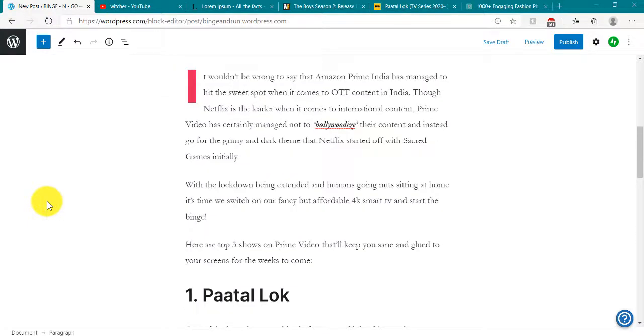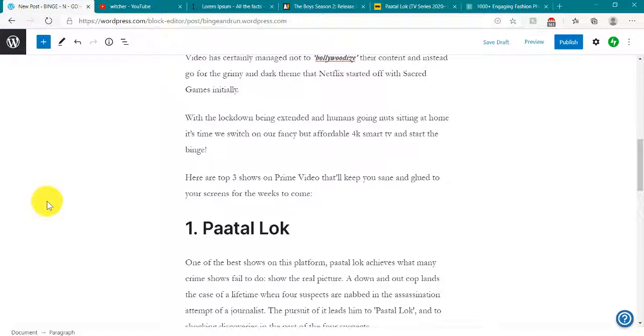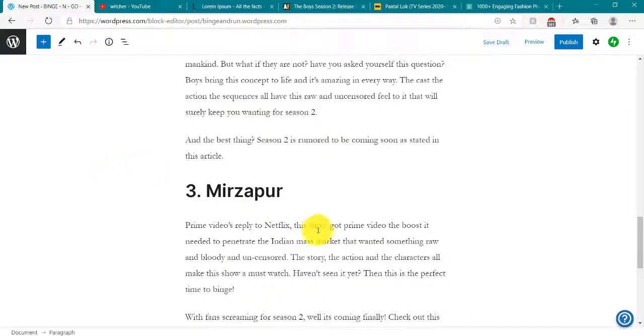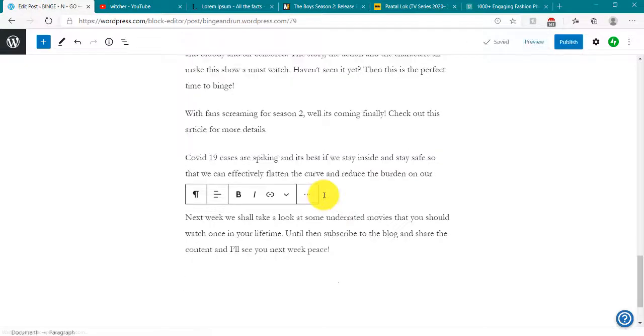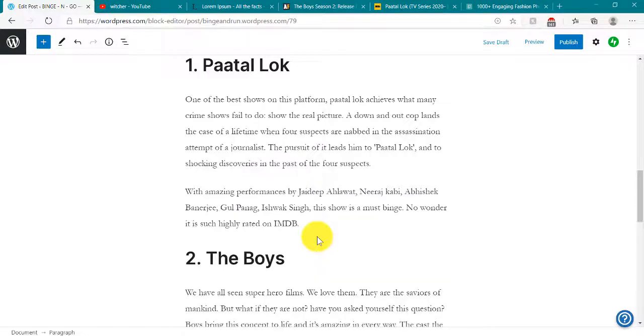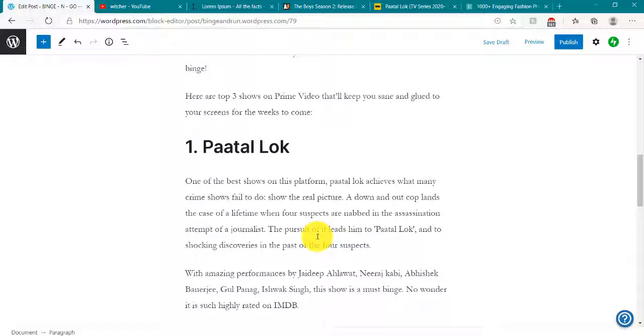Now one thing you can see in this whole content is that I have given a lot of paragraphs. After every 2 to 3 or 3 to 4 sentences I have broken the paragraph. What it adds is white space, and it doesn't create a chunk of text, which improves the user experience. If you have a chunk of text, it is very difficult to read. If you have white space between two paragraphs, people will be able to read your content easily and will prefer reading that way. It will increase your blog's quality as well. People will read more and stay longer on your blog.